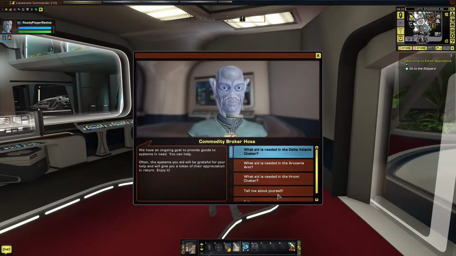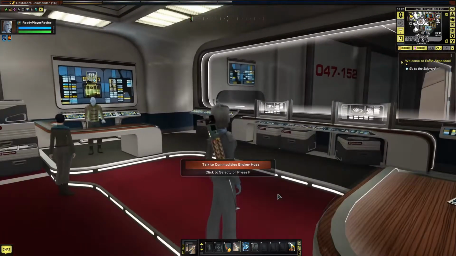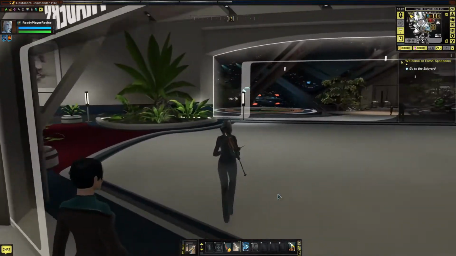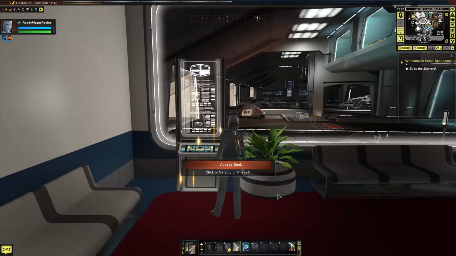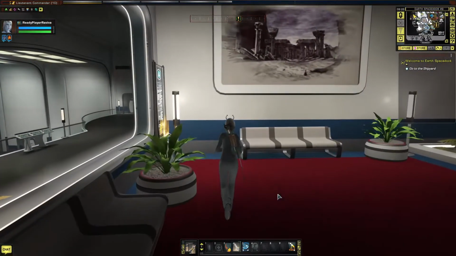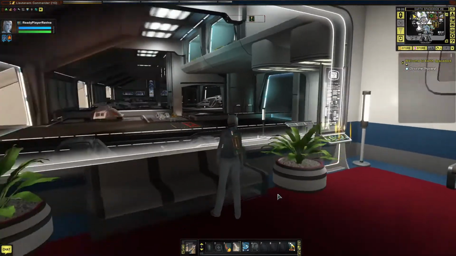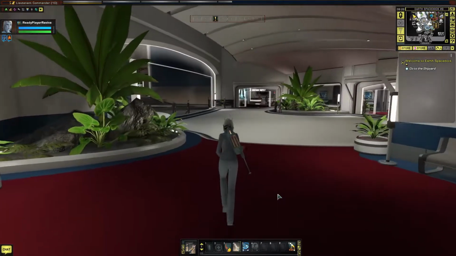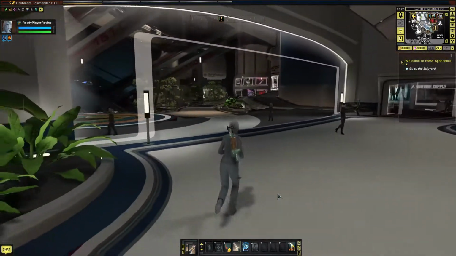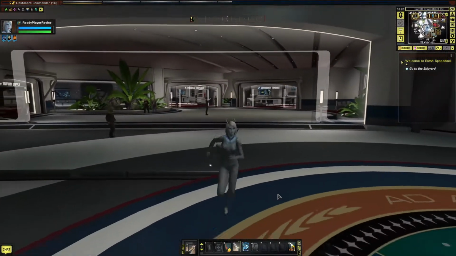And that's another information on, gives information about various clusters in the galactic map. And around here, there's another bank around here, and another mail station. And it gives you a glimpse out into the shuttle bay. And there we are, back out the front of the